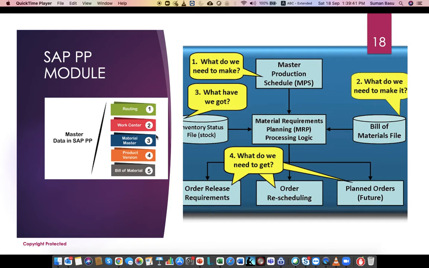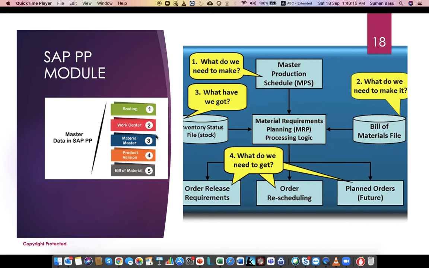Actually, it may so happen that if the product, or part of the product, is already available as a finished good, then the supply chain people can simply deliver the product to the customer. But in the majority of cases, that's not the case. Particularly, there is one kind of business in SAP which is called make to order. That means I manufacture something based on the order I receive.